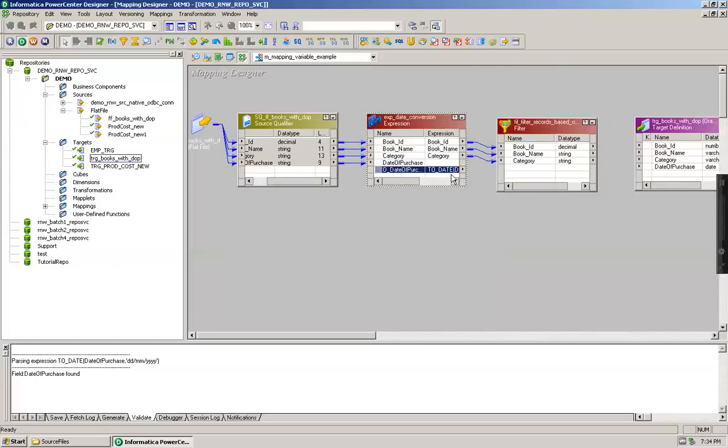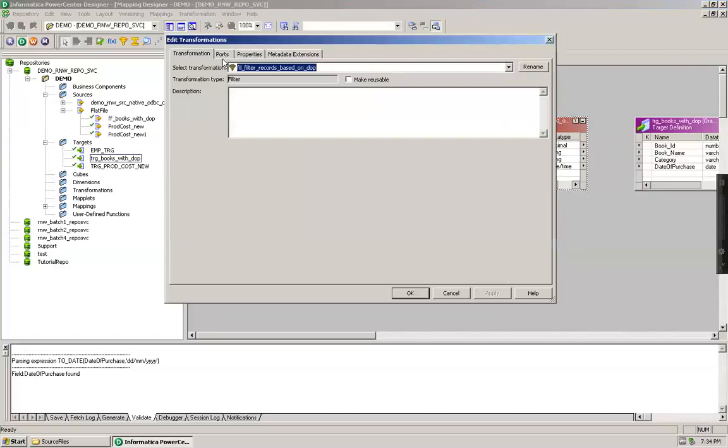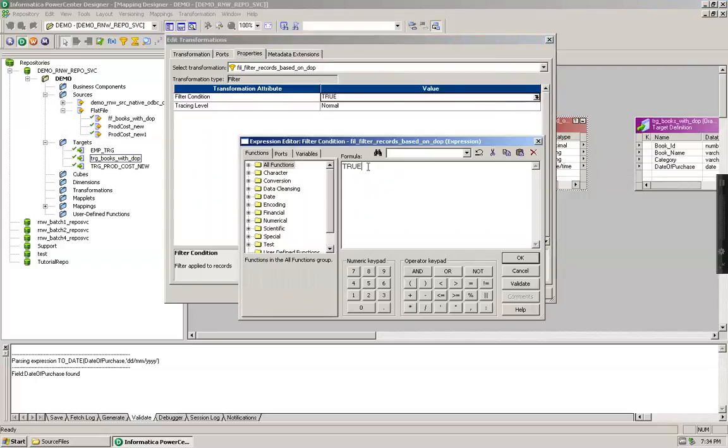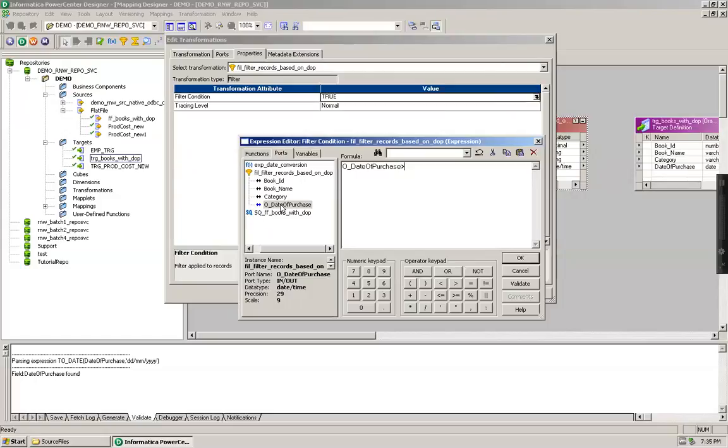And I have to put the date parameter into the filter condition. Here in the properties, in the filter condition, I'm going to add a condition saying that the port which is coming with the value for the date has to be more than the variable value.